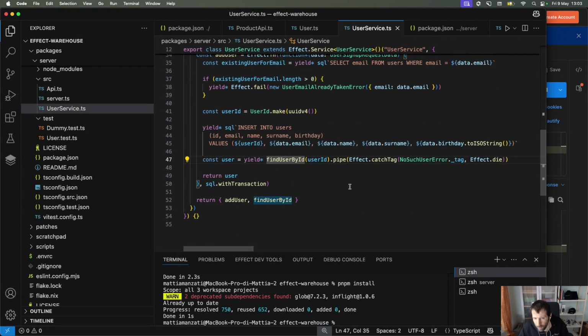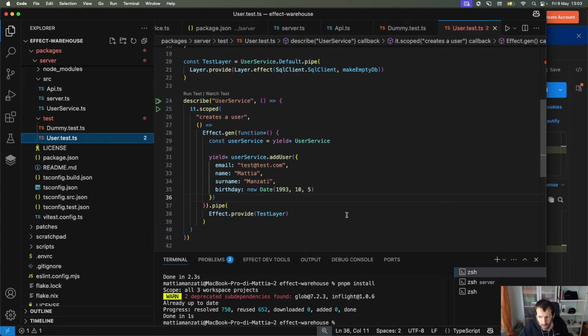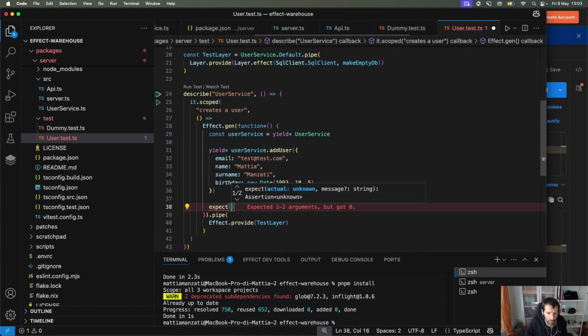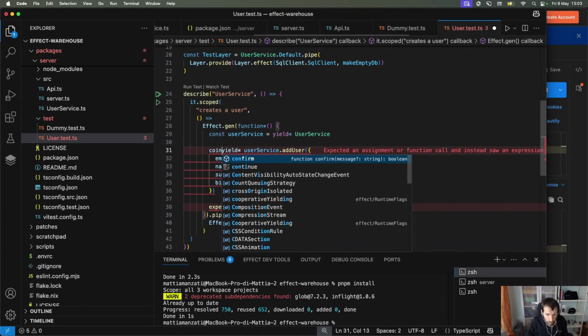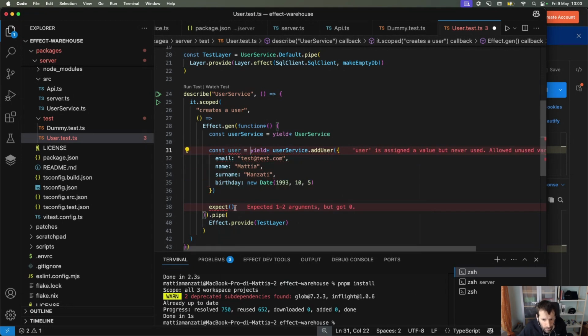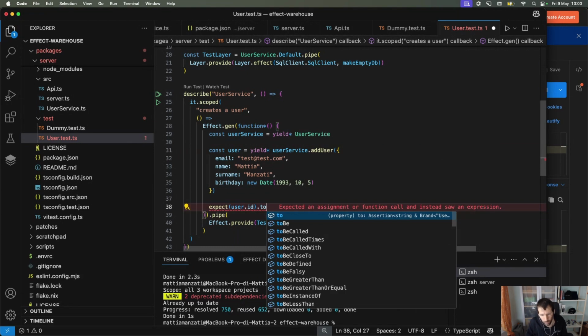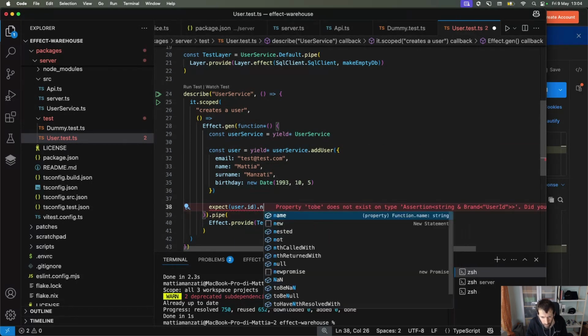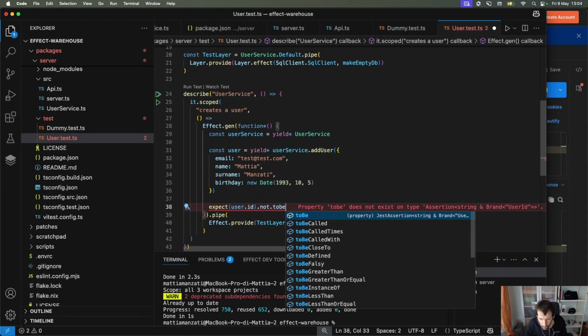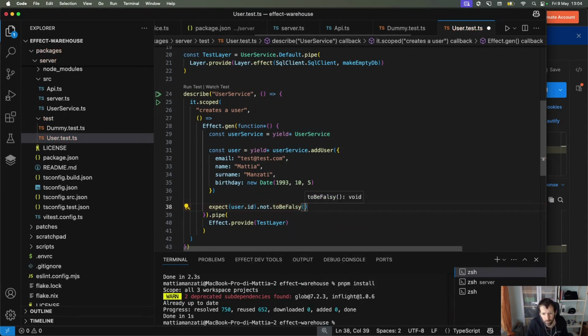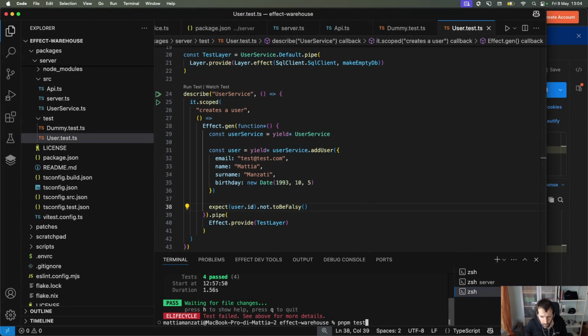So back to our tests. In here, we can say something like, create a user, and then we expect, given the user, we expect user dot ID not to be false. Okay, and if we try again our tests,